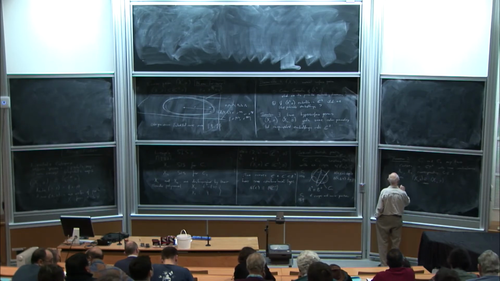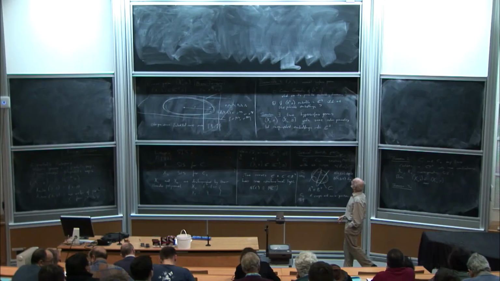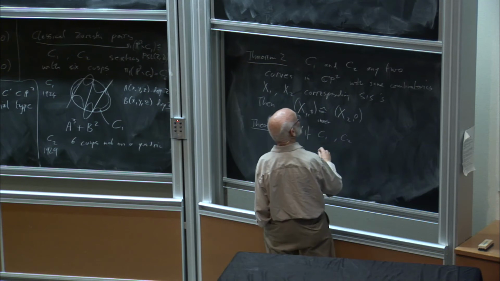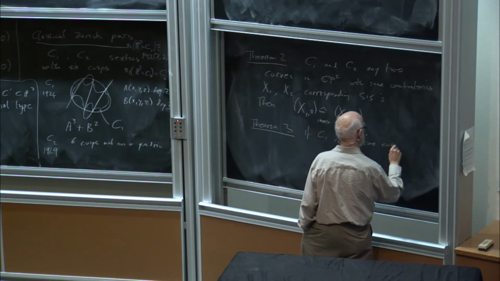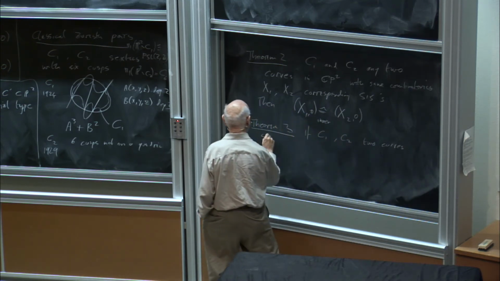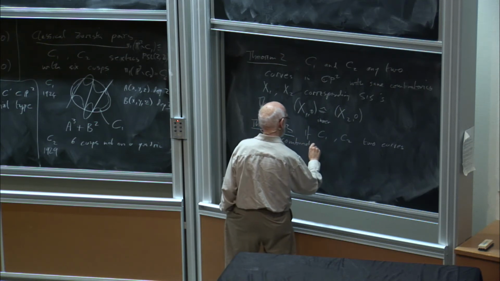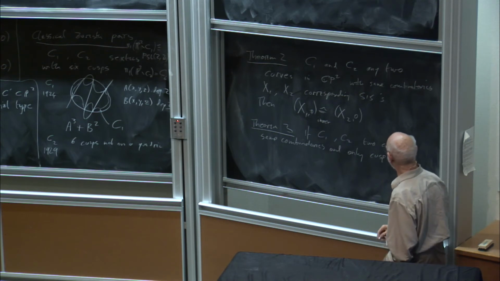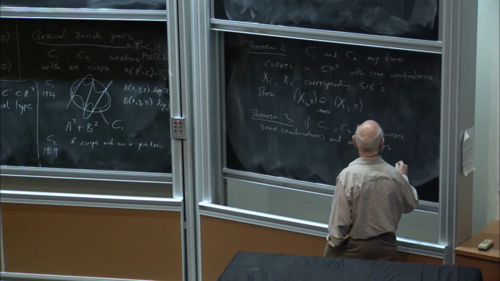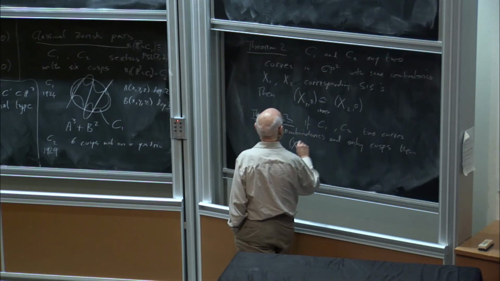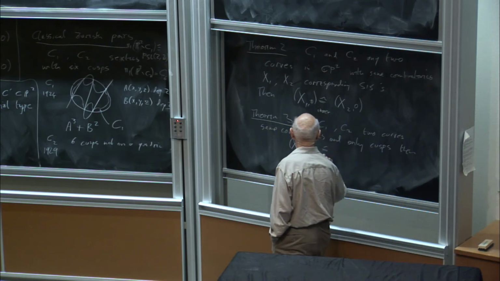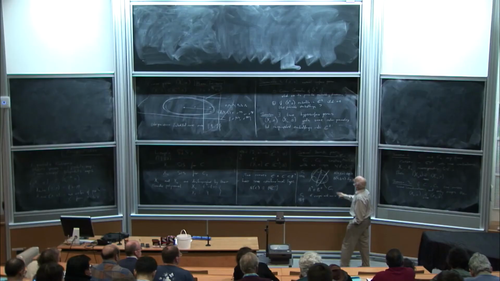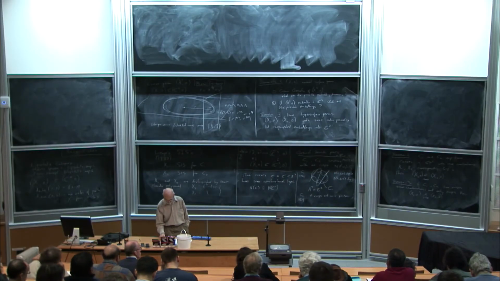And theorem 3, which is what we really wanted: we wanted that the outer geometry is determined if C1 and C2 are two curves with the same combinatorics and only cusps. They can be higher cusps as well as just the 2-3 cusps, but only cusps. Then, in fact, you can improve this to outer geometry, to the stronger geometry. So this, of course, is theorem 3, then proves theorem 1. Answers our